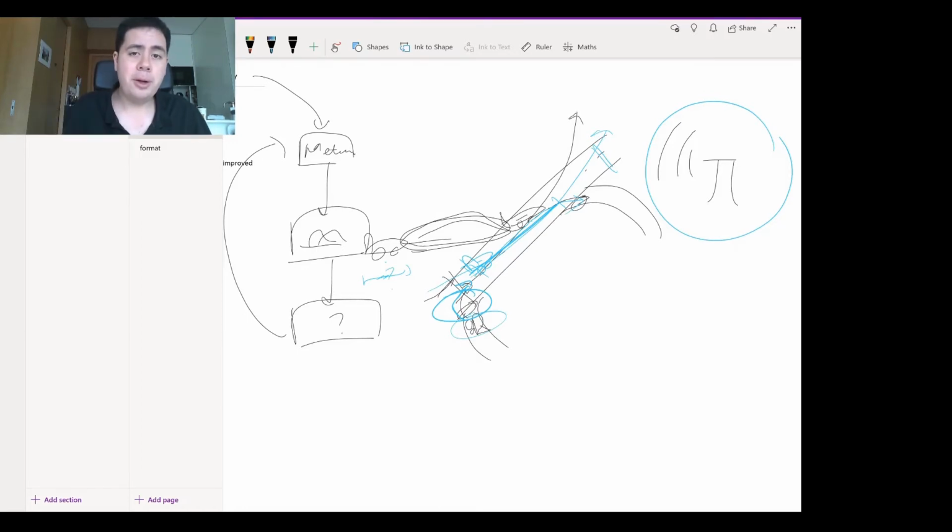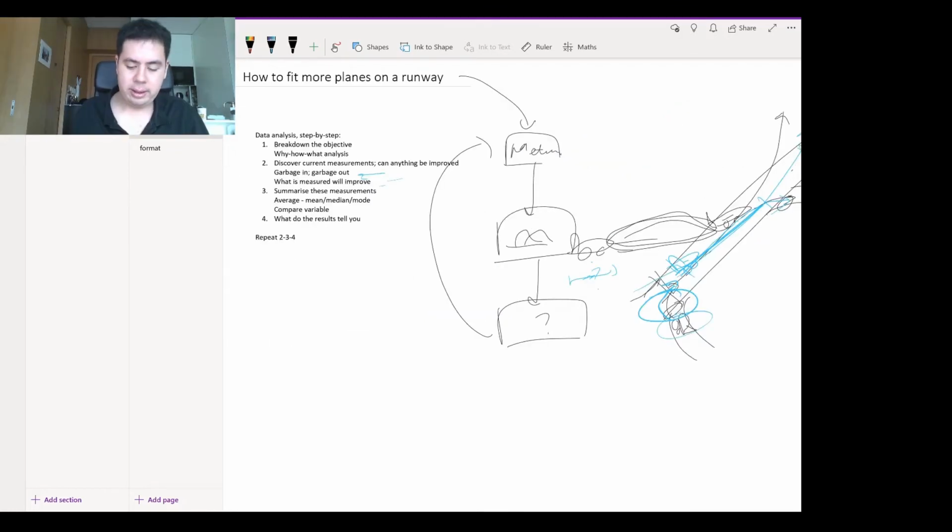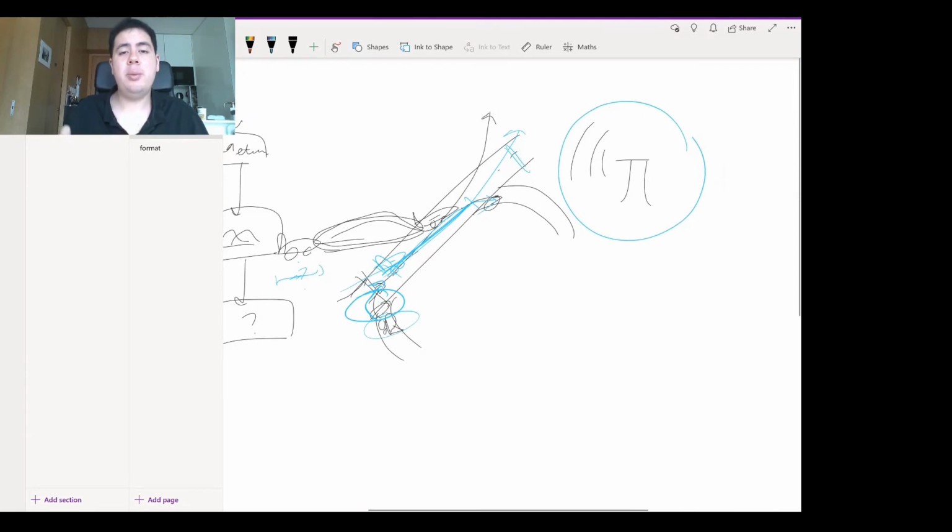So for your project, just bear in mind that whatever you measure, whatever metrics you put in place, they're the ones that are going to improve over time, whether that's an increase or decrease. So the next step is to take these measurements and find some way of summarizing them to compare them. So there's no point. So we've got, in our analysis, from the radar, what the radar will tell us is